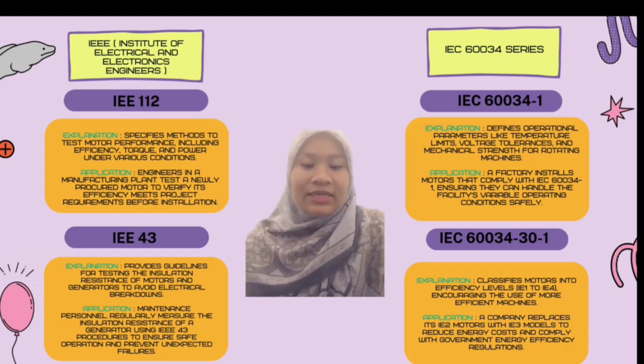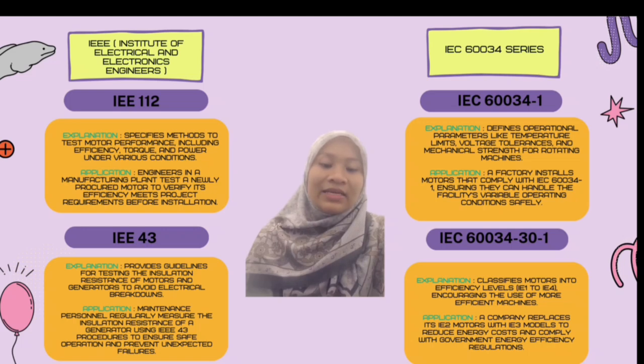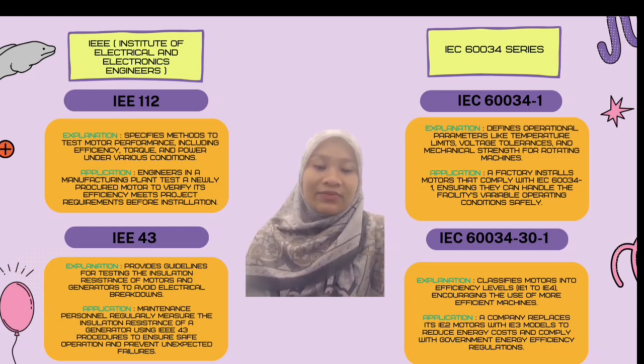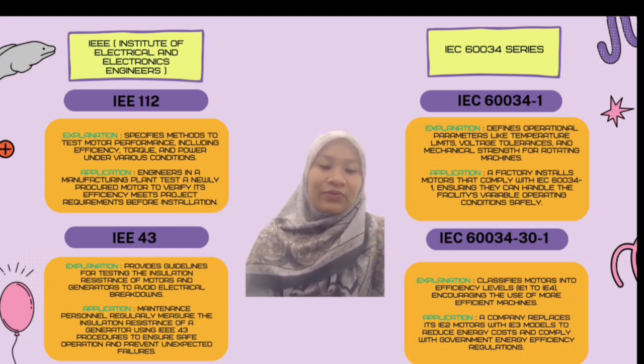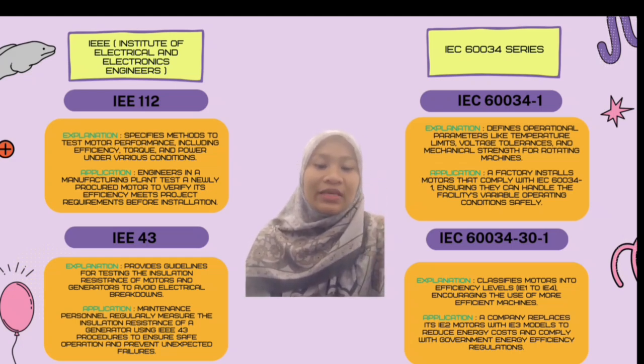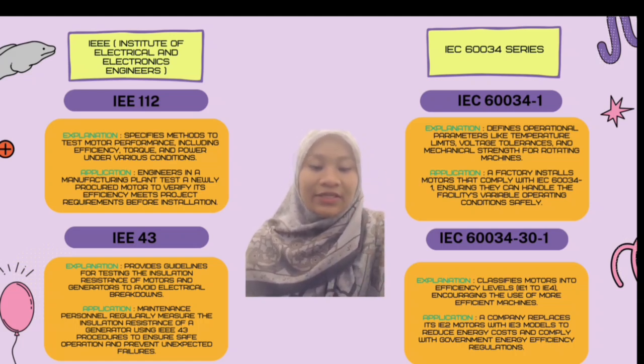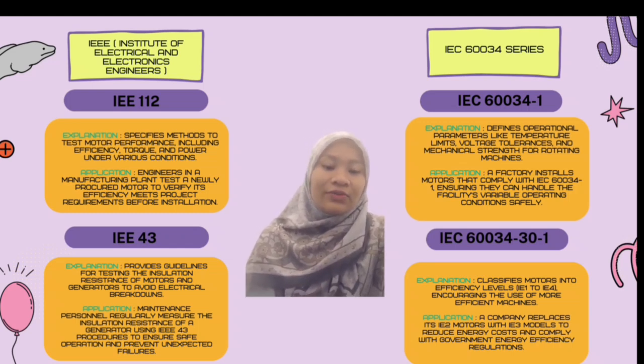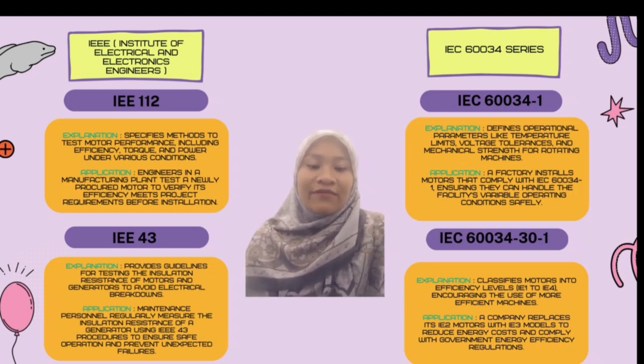Second is the IEC 60034 series, which is the International Electrotechnical Commission. For the example, IEC 60034-1, general specification for rotating machines. It defines operational parameters like temperature limits, voltage tolerance, and mechanical strength for rotating machines. The application is factory-installed motors that comply with IEC 60034-1, ensuring they can handle the facility's variable